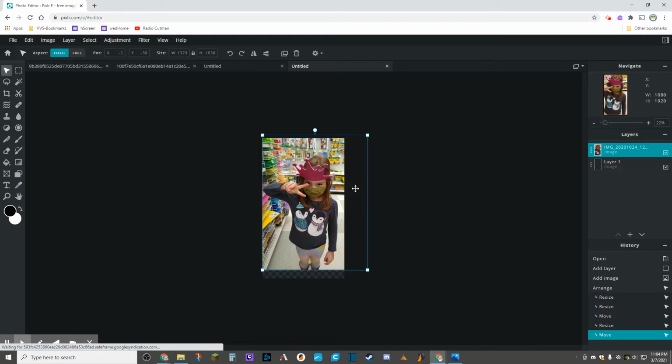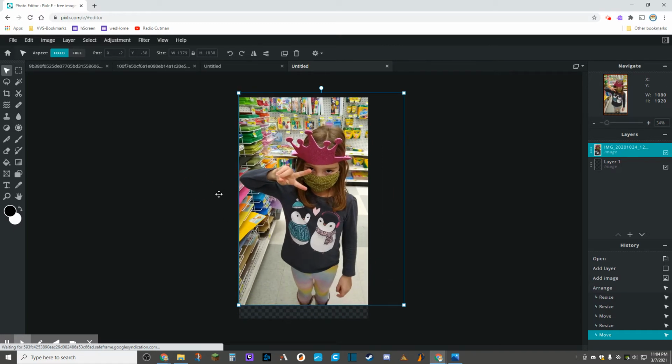Okay, so I'm just trying to get this to be the right size. I'll probably end up cropping this a little bit shorter. I just want to make sure my model fits in there the best you can. All right, the first thing we're going to do is we want to figure out what we're going to make colored. And I believe I'm going to do this crown right here